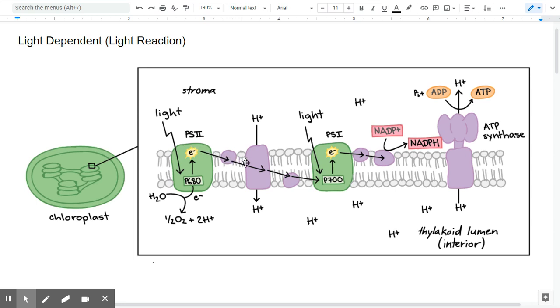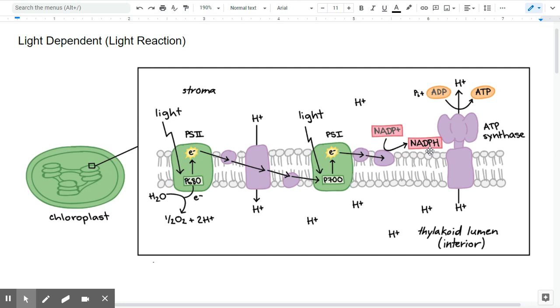This electron moves down to another protein, and this protein then takes that electron and moves it along to be used when it sees NADP plus, and it uses that energy to add a hydrogen here, could be here or out here, and add it to NADP plus to make it